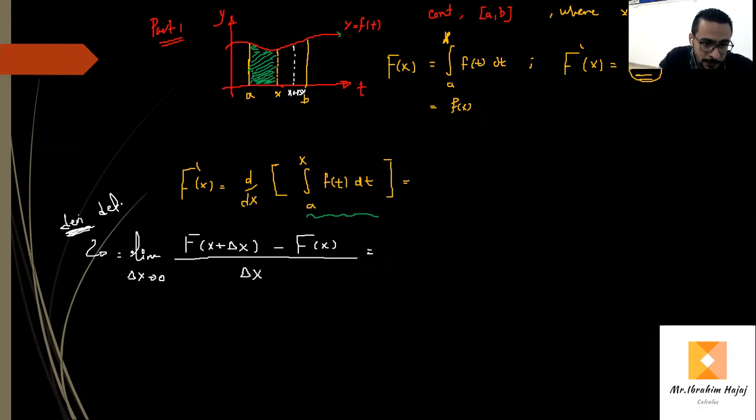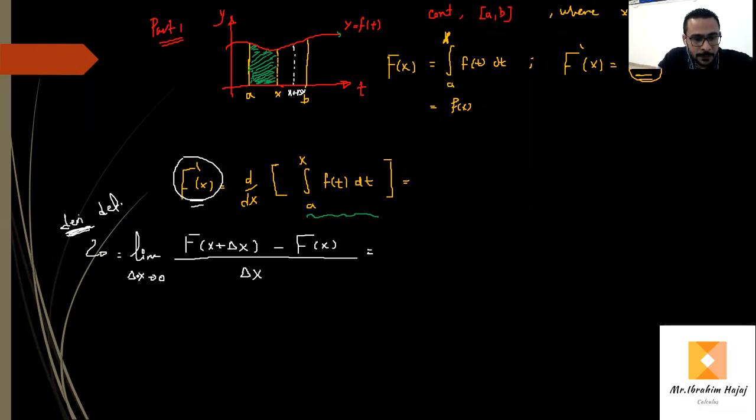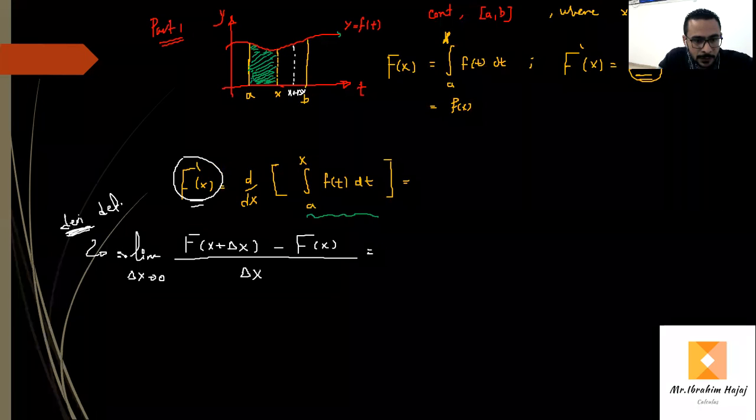We saw it in the first step. I mean the limit as delta x approaches zero. This all is the definition of derivative. F prime of x can be written, by using the limit definition of derivative,